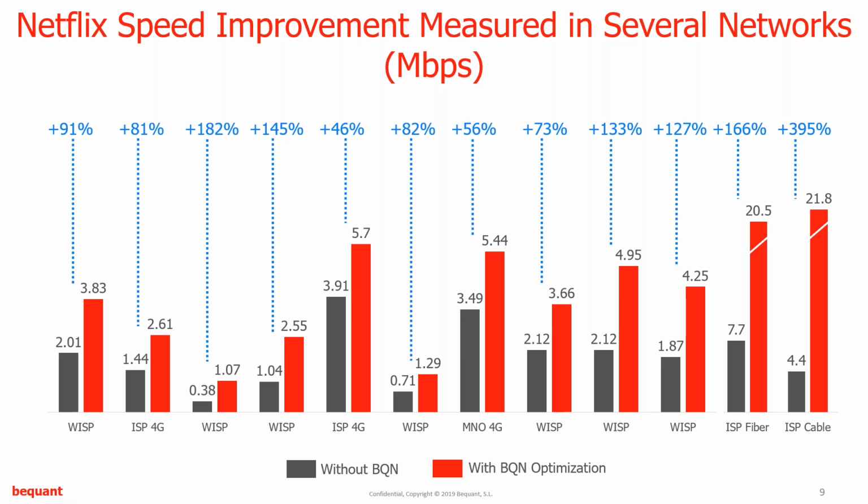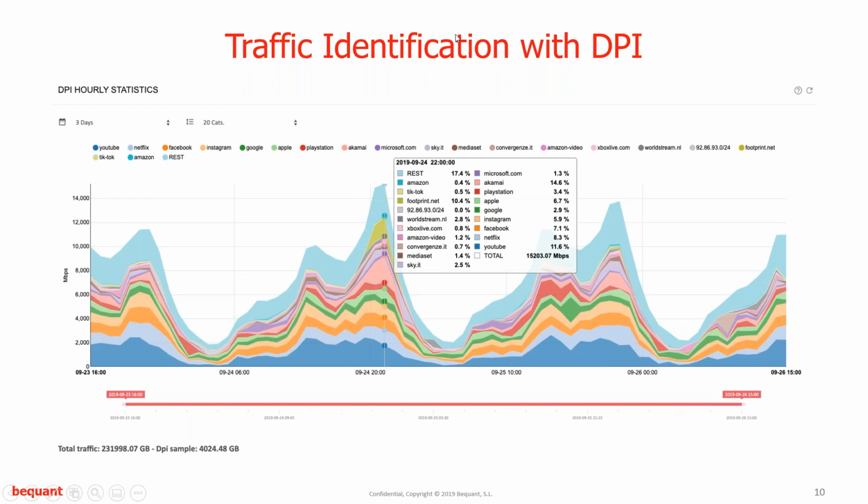Now we go to the other functionality, which is the analysis, telling you what is going through your network. We have here, for instance, what we can show in a network for 3 days. This is one of our customers. It has this appliance with quite a lot of traffic, in this case up to 15 gigabits per second. This is 3 days of traffic, and for instance, we can tell, as an example, that on the 24th of September at 10 p.m. it was carrying 15.203 gigabits per second,